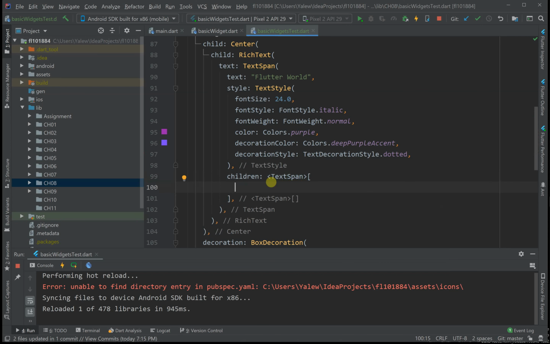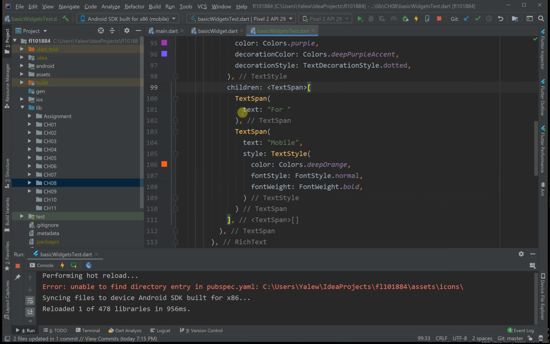Okay. So I created two text spans, and in the first text span I just add the text for, and then in the next text span I added the word mobile, and then I added the style of this mobile. I want the color to be orange, and I want the font style to be normal, and the font weight to be bold. So if I say Ctrl S, you can see that